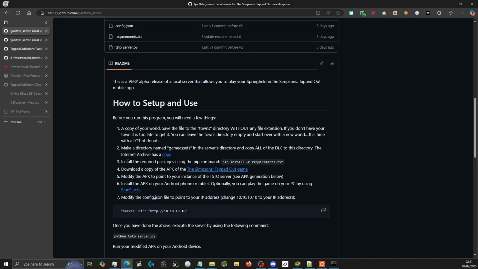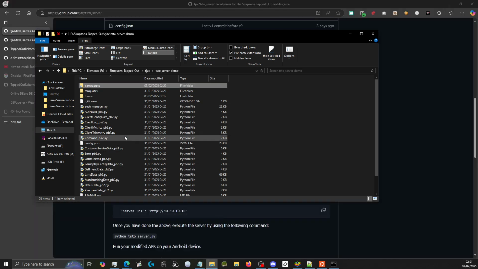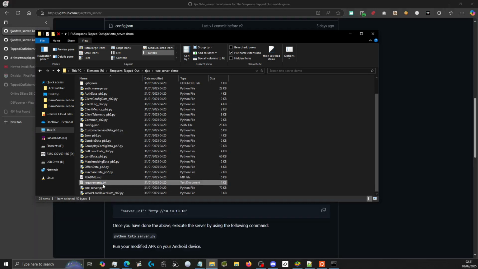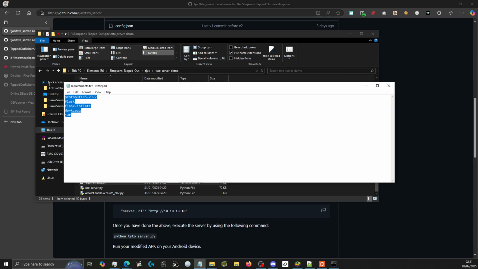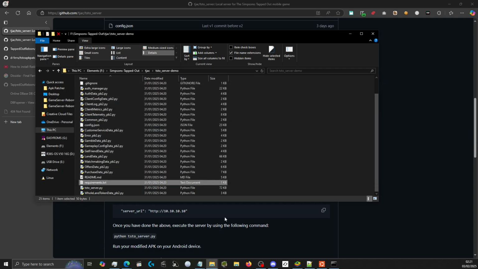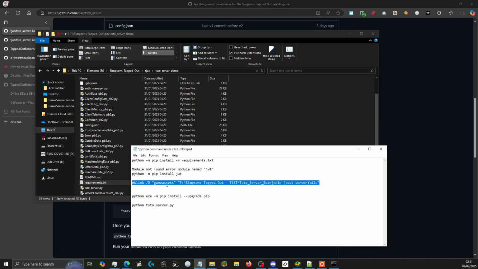The next step is to install the requirement packages using the pip command, pip install -r requirements.txt. So that file itself is in this folder here. It's a text file that basically tells Python what to install that's required for the server, I believe. I'm not technical, but I'm learning stuff slowly. So you need all of these things here. So it installs that. So in Linux, I think that's the command, but in Windows, I found that the command for that is basically